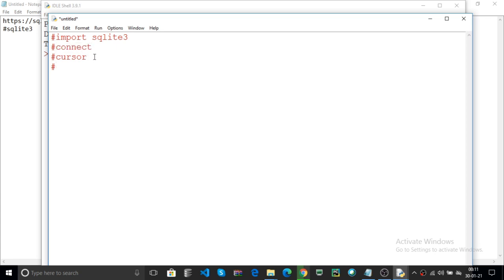Now finally you can use execute. The execute is used to execute your SQL statements. For example, connect is used to create a DB. The cursor is created by the connection object for executing SQL queries.